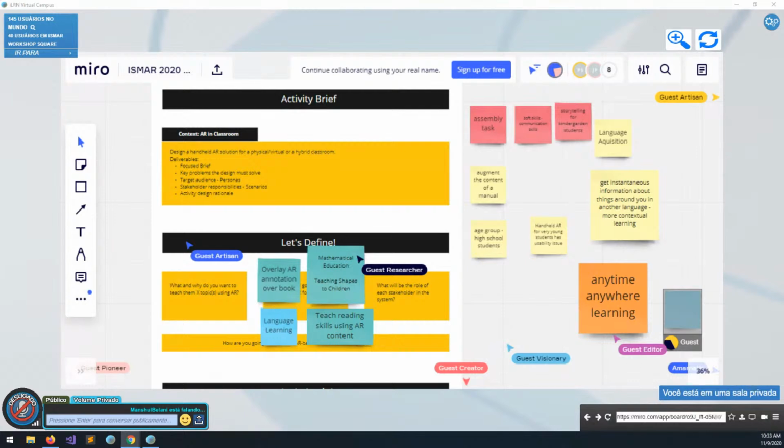Where we discuss the target audience who are going to be there. So one is of course high school students. Should we have any other stakeholders like teachers or